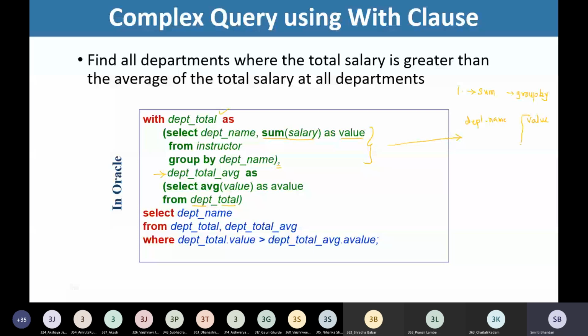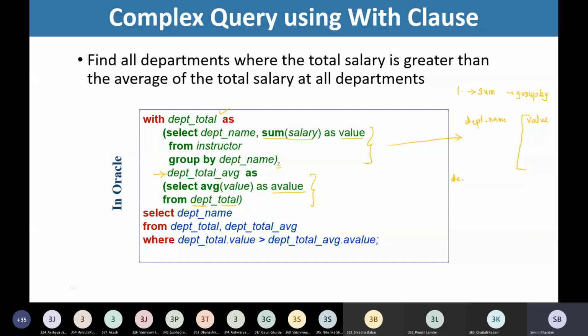And what we want is the average of those values, right? So simply we are writing here select average of value as value. This is the renaming of this column from department total.